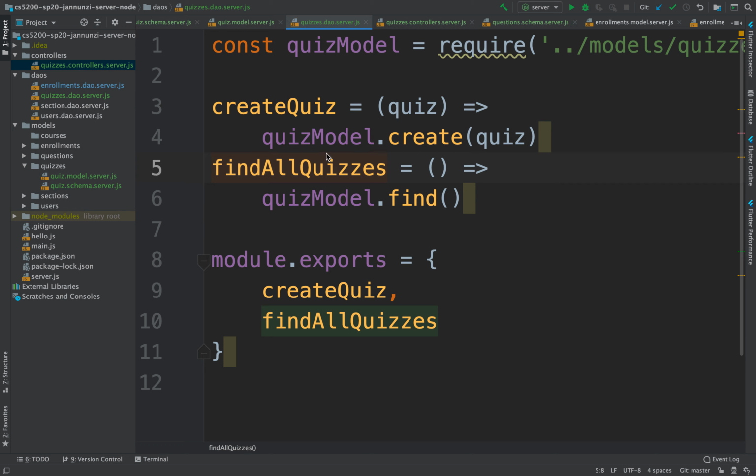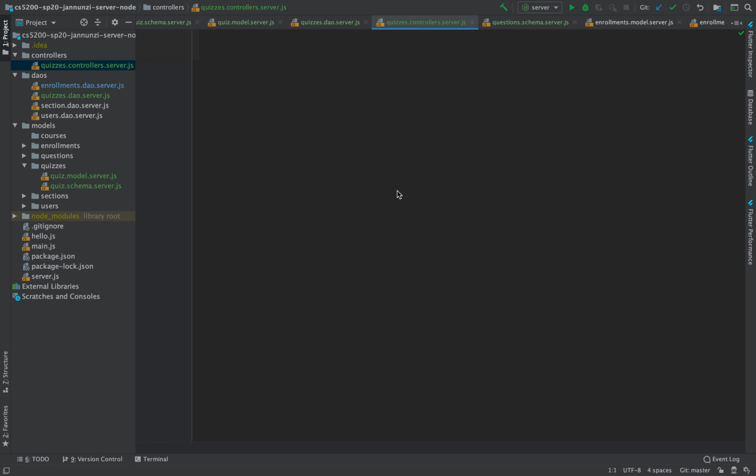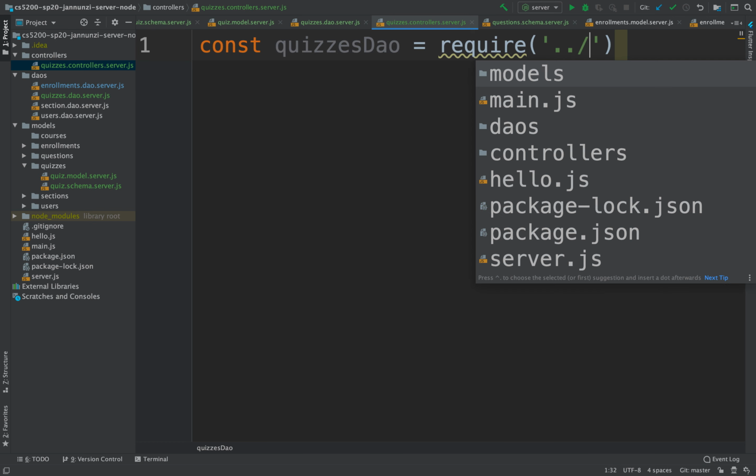we want to be able to access these functions, so we're going to need to load the DAO. So const, we want the quizzes DAO, and we're going to require it. We're going to go up one,